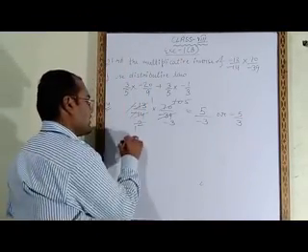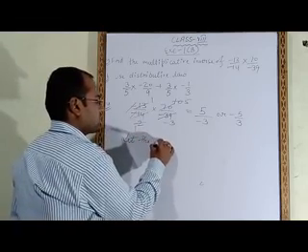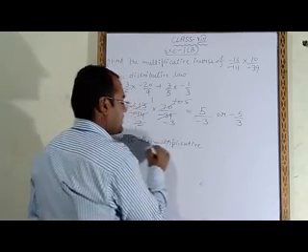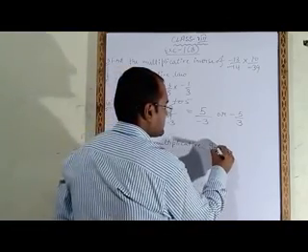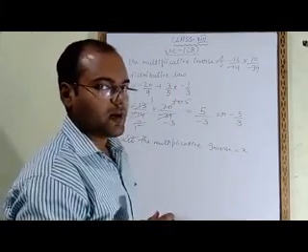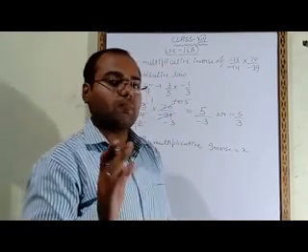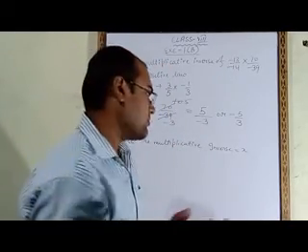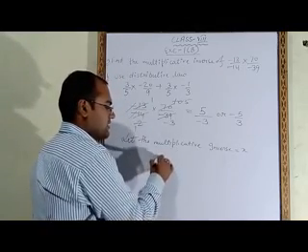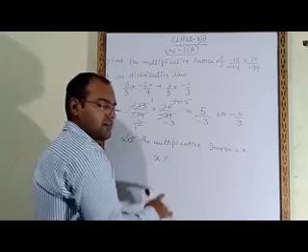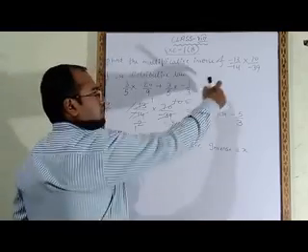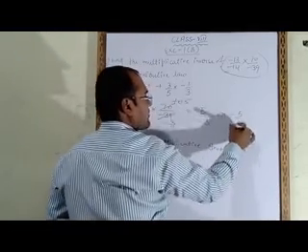So what we will do? We will assume that the multiplicative inverse is equal to x. Now according to the definition of multiplicative inverse, what we will say? Multiplicative inverse is a number. What is the multiplicative inverse here? X. This is the multiplicative inverse. This is a number which when multiplied, this multiplicative inverse when multiplied with the given number. The given number is this. When we solved we got minus 5 upon 3.